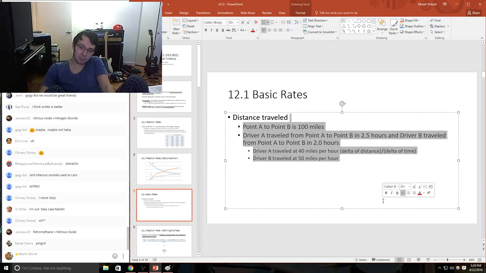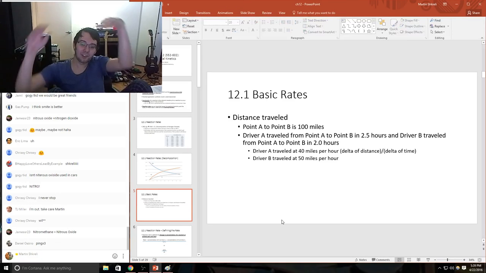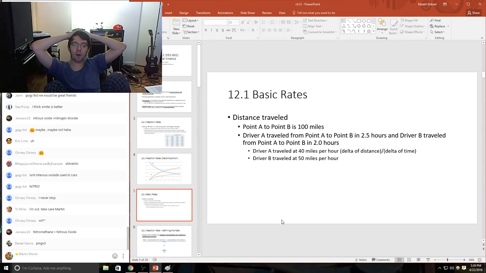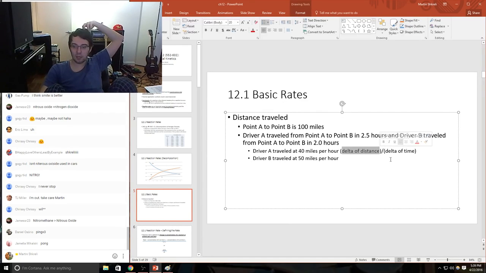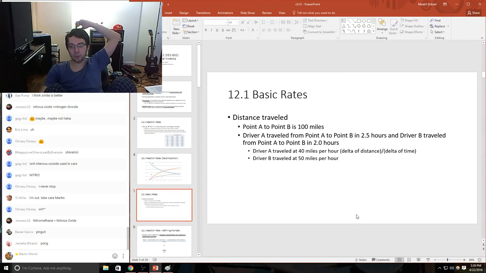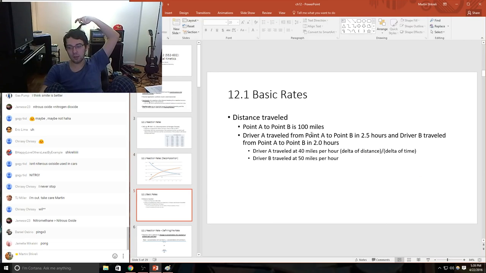I'm not much of a driver, but I will say that one of the easiest ways to understand rates is to think about miles per hour. So in essence, what we try to do when we have a rate is we have the delta of something, and we divide by the delta of time elapsed. That's what a rate is. So it could be the delta of the amount of a product or reactant,